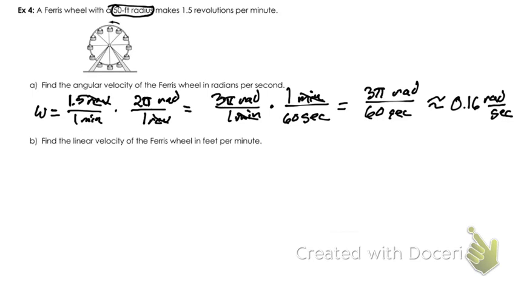All right, the last thing we have to do is put that linear velocity in feet per minute. Well, linear velocity is radius, which is already 50 feet, times our angular velocity, which is 0.16 radians per second, which is going to be about, because we're approximating everything,